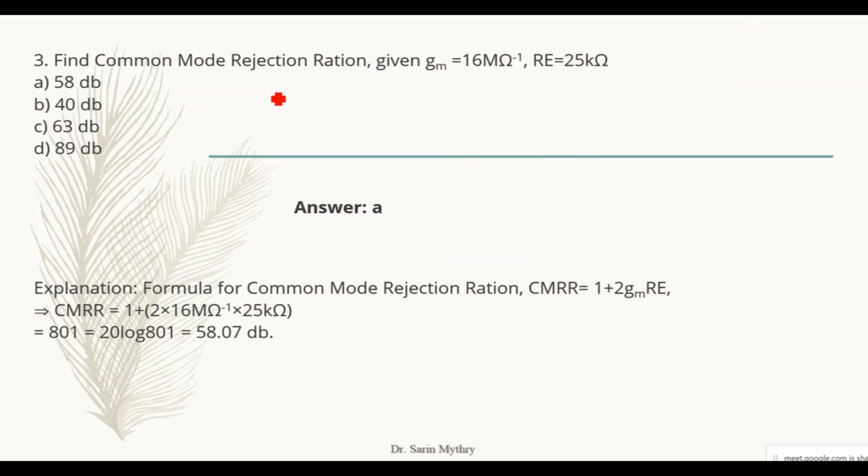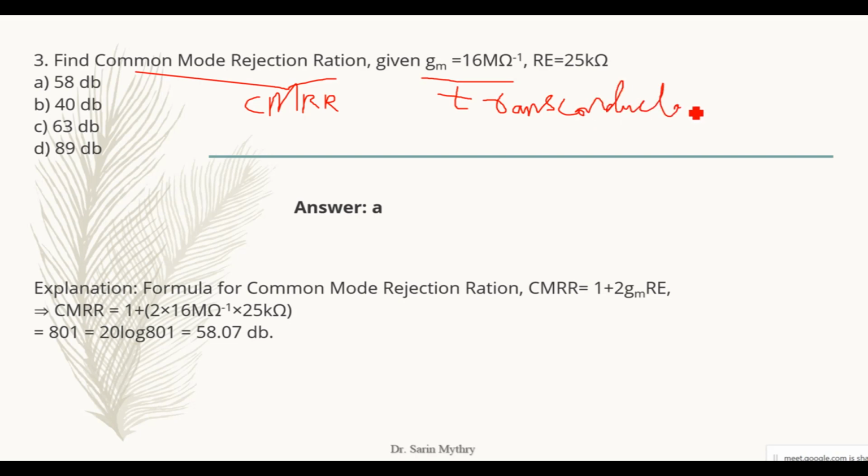Next one. Find the common mode rejection ratio. It means what? It is your CMRR. They are asking us to find out the CMRR, provided that you are having a GM. What is GM here, ma'am? GM is nothing else but the transconductance. Your transconductance is denoted by G suffix M. Transconductance is given to us as 16 milli per ohm, and Re is the